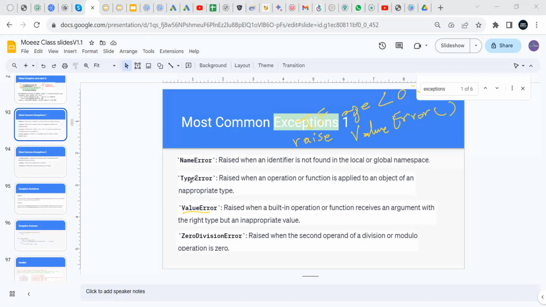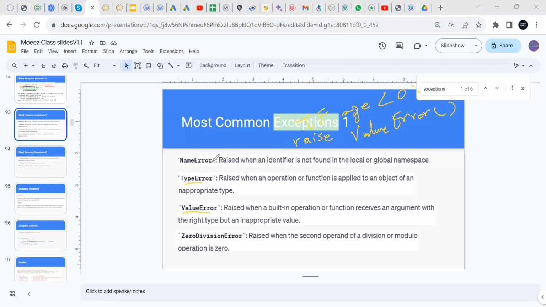And we can do that for the type. If you're expecting an integer and I pass you a string, then you can simply do the same. If the type of the input that I'm providing is different from what it should be, you can raise type error.